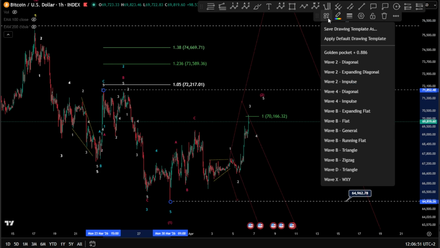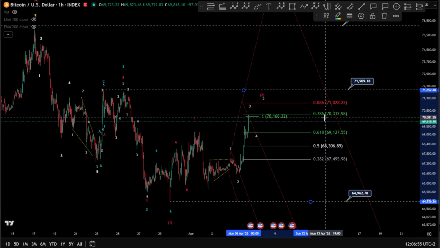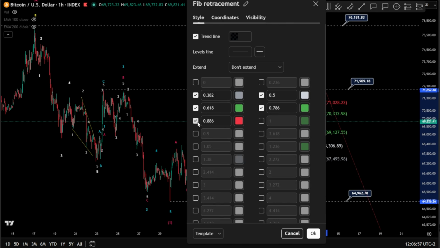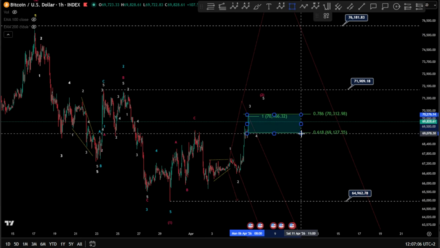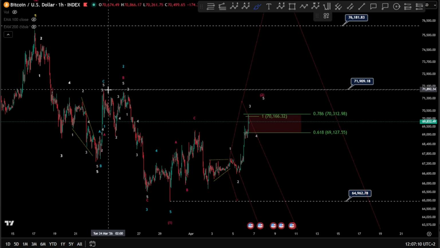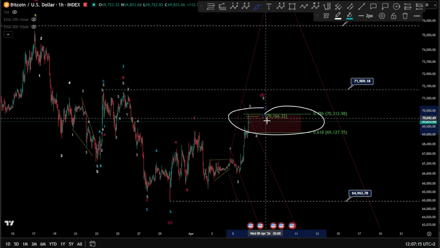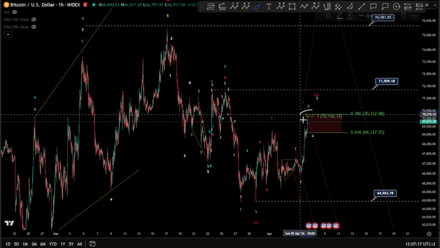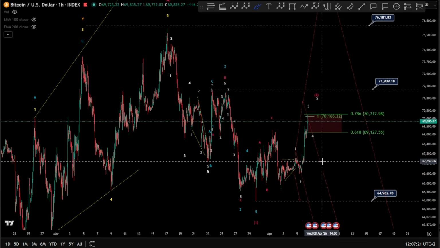Which is also, by the way, yes, you just hit the 0.786 as well. So this is very, very critical, I would say. You are already in the perfect targets for a wave 2, so you don't want to break it, actually. Meaning, if you are in a wave 1, ABC wave 2, you don't want to break this. You hit the target, you hit perfectly, and you hit the 1-to-1 in confluence, and you want to see